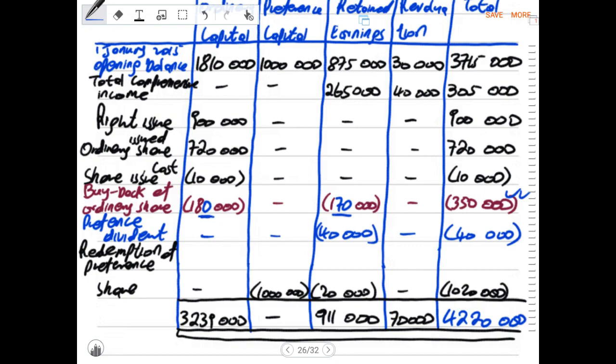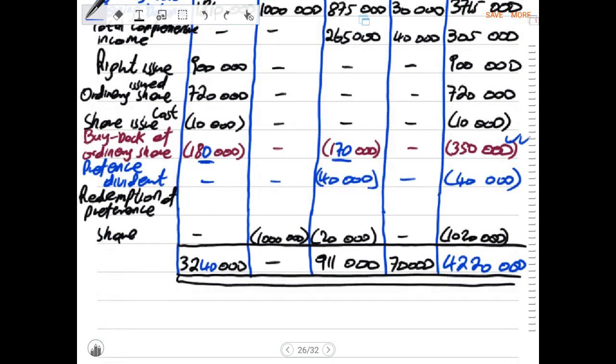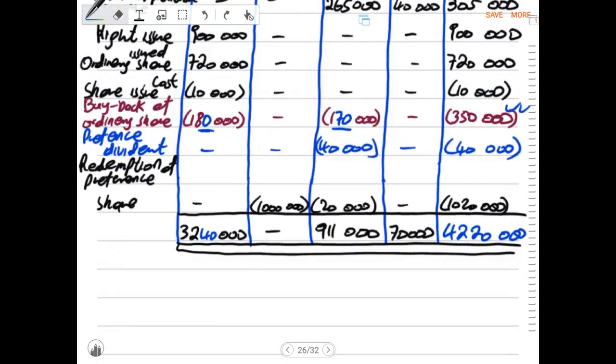And now after all these adjustments have been done, then now we have to make an adjustment of the totals. And it means now under our total, it will be 3,240,000. Then this will be 240, not 39,000. Why? Because we deducted 1,000 here because it was 181. Then we drop it by 1,000 to 180,000. And again, under the column of the retained earnings at the bottom, we have to change that 911,000 to 910,000. So now it's no longer 111,000, but 110,000.